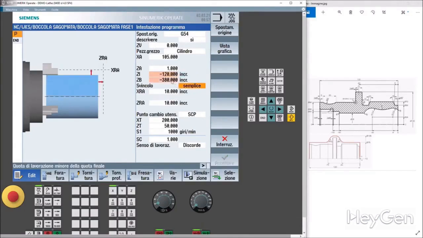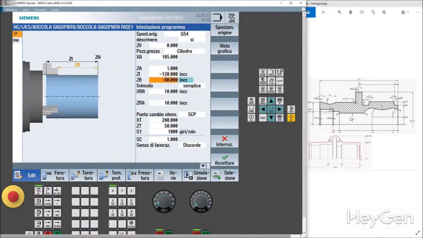In this case ZB, which right now you see is telling you that something is off. I can't make a piece that's 120 long and have it stick out less than 380. So Siemens always gives you information on what works and what doesn't. How much will this piece stick out? We said that the first phase is the one on the right, so we will have it stick out 18.